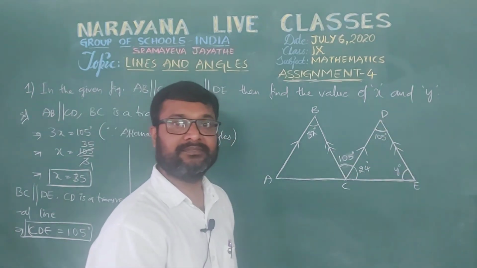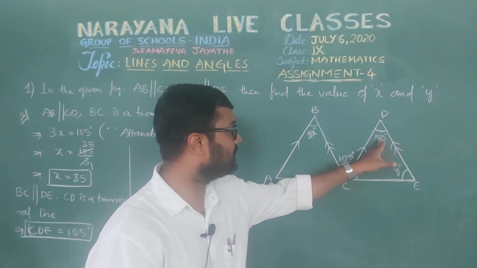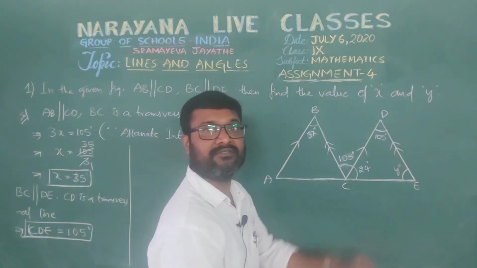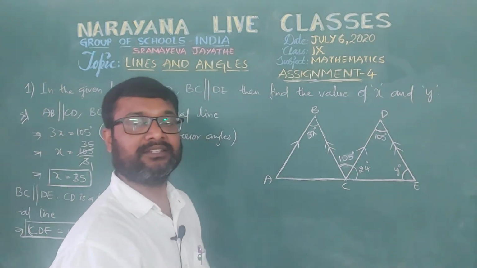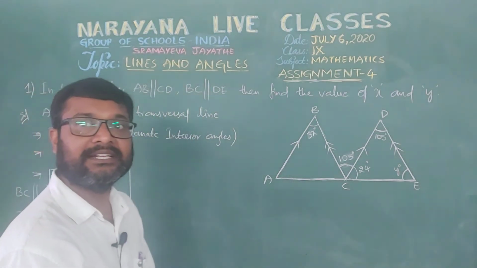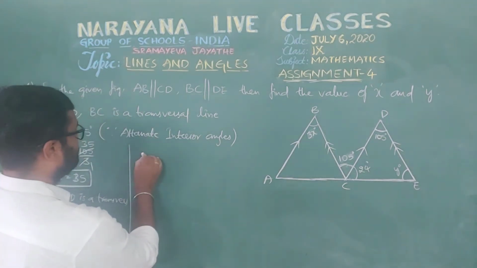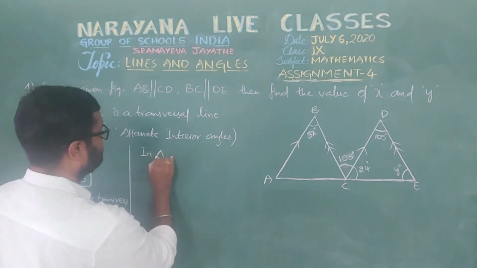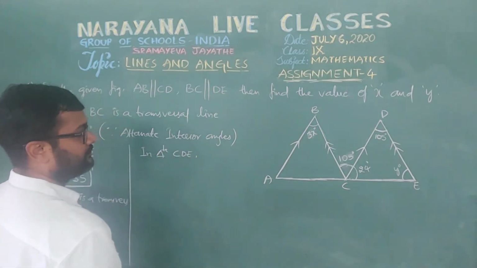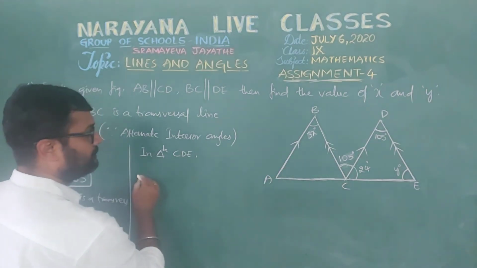Now, if you observe here, CDE is a triangle. In this triangle, you know this angle and this angle, and this angle is y. You don't know it, you need to calculate it. So how? Using the angle sum property of a triangle. So now in triangle CDE, using angle sum property,